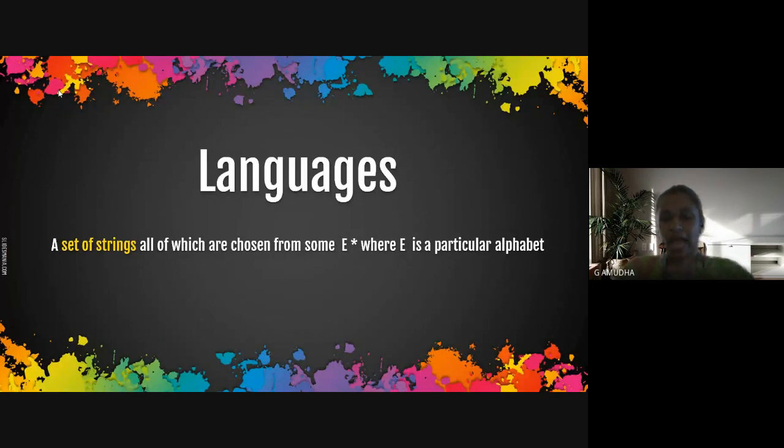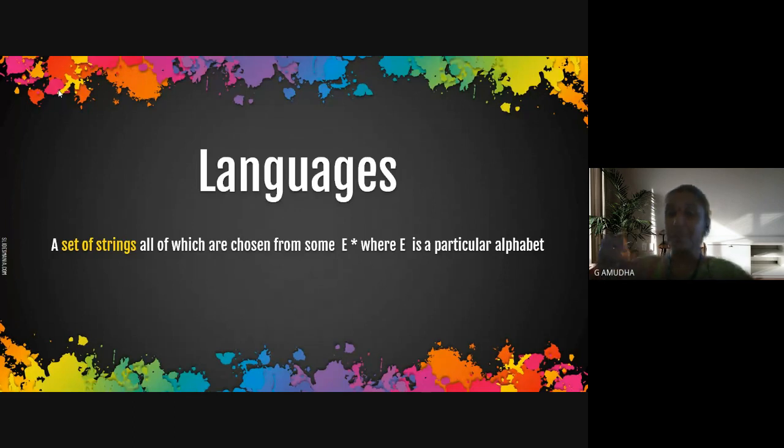Now, an alphabet is nothing but a set of symbols. Each and every symbol is not an alphabet; a set of symbols can be termed as an alphabet. If it has a set of zeros and ones, it will be termed as a binary alphabet. If it has a lowercase character set, it is termed as an alphabet based on alpha characters. If it has ASCII characters, it will be termed as an ASCII based alphabet.